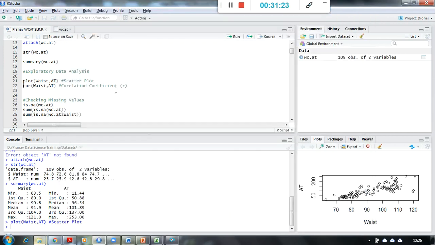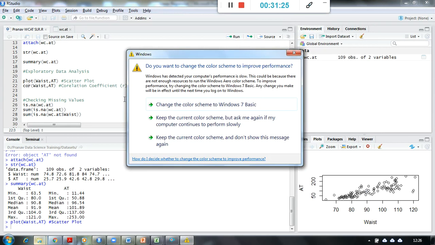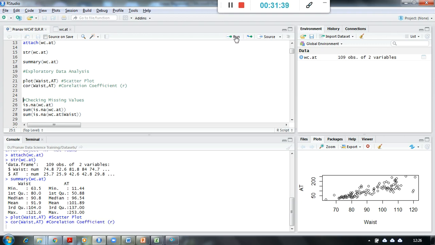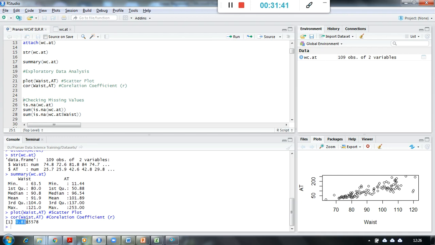So for that, we have an objective measure, which is called the correlation coefficient, measured by the small r. So COR of west and AT is this one. So 81.85% is the relationship between these two variables, which is close to strong, as we have discussed in the past videos while understanding linear regression. The small r value should be more than 0.85 or close to 0.85. So yes, it is a good value which we have got.